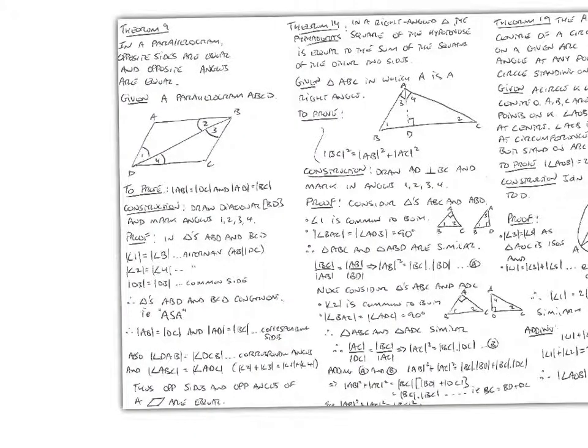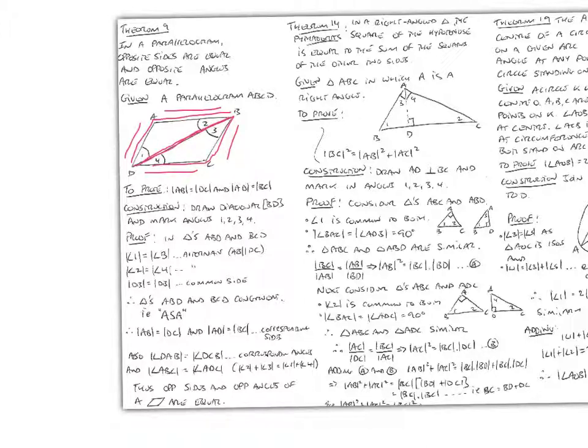Theorem 9, in a parallelogram, opposite sides are equal and opposite angles are equal. Okay, so here's our parallelogram ABCD, and we're to prove that AB is equal to DC and AD is equal to BC. So the construction is to draw a diagonal BD and mark the angles 1, 2, 3, 4. And the proof says that in the triangles ABD and BCD